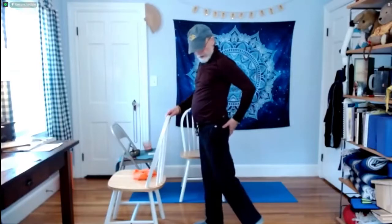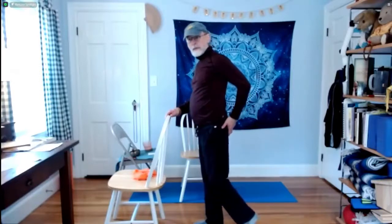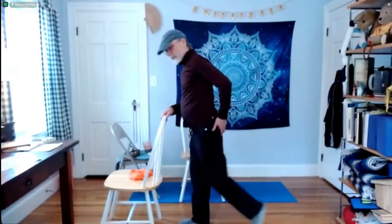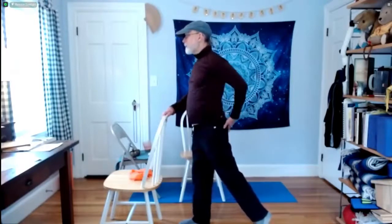So I'm going to gently straighten the leg and then bend the knee like this. So hopefully you can see that. Let me put my foot a little further back. So I'm going to bend and straighten like this as a way to kind of wake up the buttocks. So once you can feel it